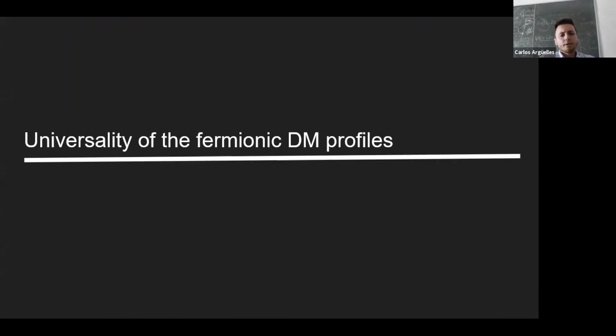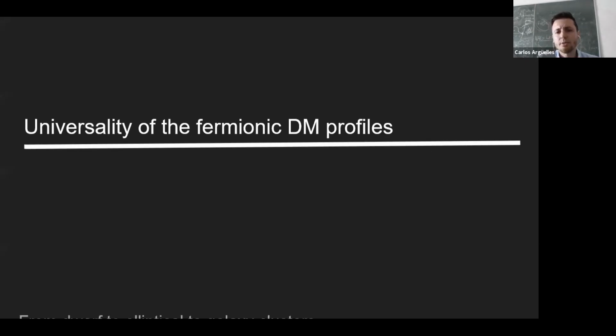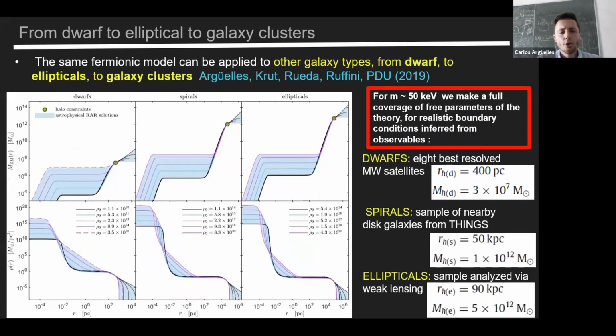Okay, now in the last part of the talk, I will move fast to the universality of this profile. Can you apply, for the same particle mass, this core-halo distribution to other galaxy types, from dwarfs to ellipticals to galaxy clusters? Well, we have attempted this phenomenology